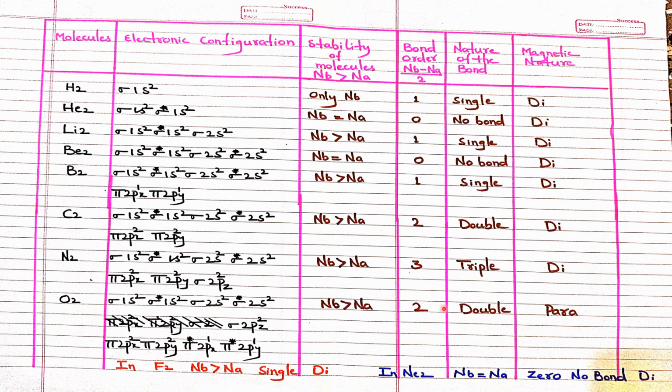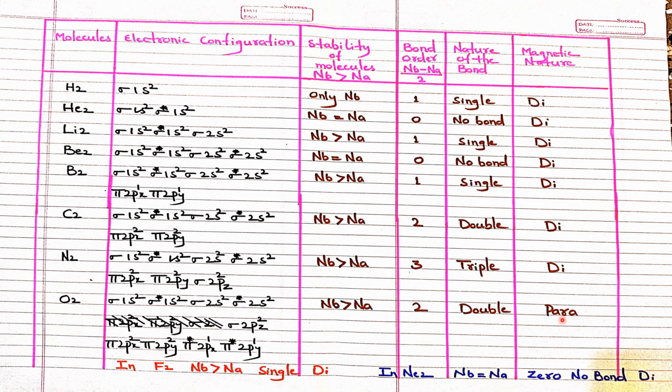But the interesting feature of this oxygen molecule is what? Here we find two unpaired electrons in the antibonding area. Because of the unpaired electrons in the antibonding area, it shows paramagnetic behavior. This is not explained by any other theory. This is explained only by the MOT. That's why the magnetic behavior of oxygen is explained only by MOT. That's why MOT is far better than VBT.